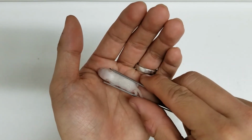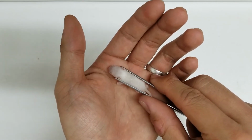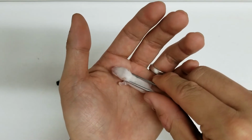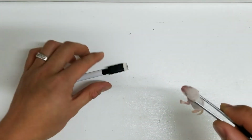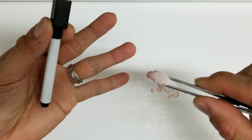You see, the tweezers don't protrude past the prey item. I'm grabbing it behind it. Sometimes I even grab it right at the shoulder like this. Alright, so I hold the prey item like that, and with the snake in my other hand like this, firmly